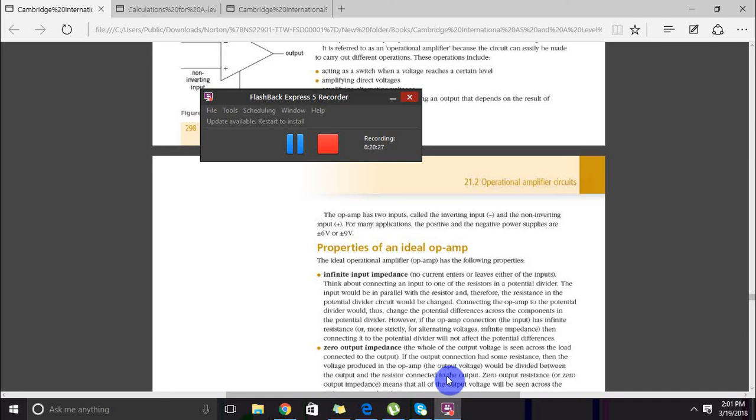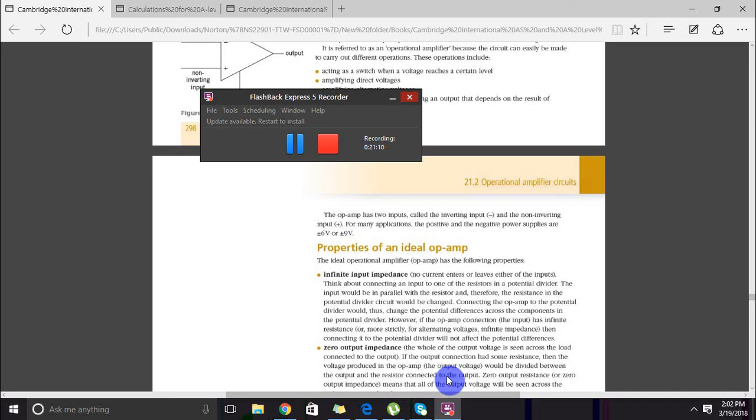The whole of the output voltage is seen across the load connected to the output. So it might be a resistor or something,